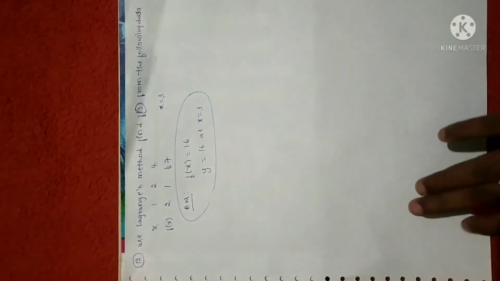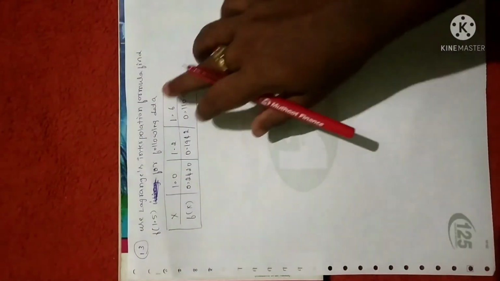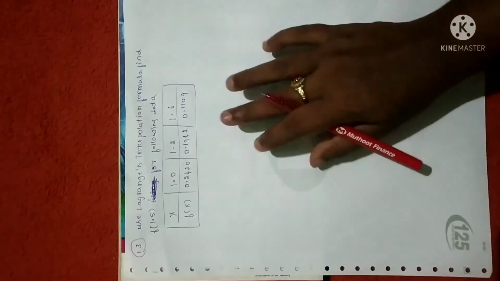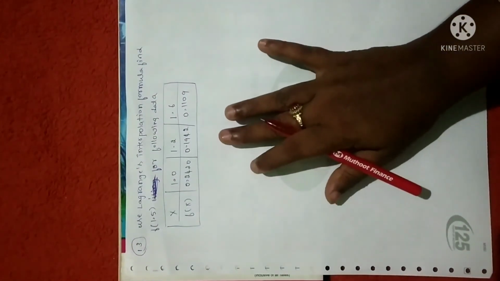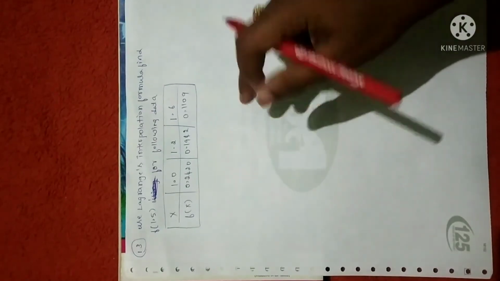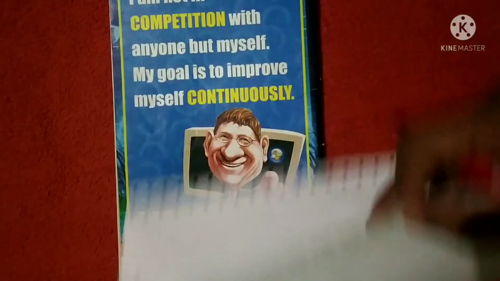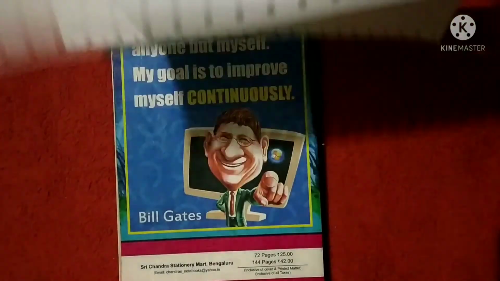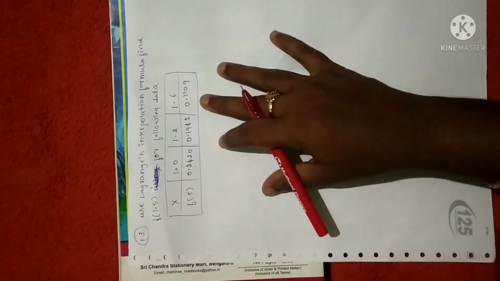12th problem. Now let me solve the 13th problem. So here is the problem. Use Lagrange interpolation formula to find f of 1.5 for the following data. So whatever I am going to do, the procedure for this problem, you have to follow the same for the previous. As almost all the problems I have done in the same method, right? Now let me solve this problem. Hope so you will do this. So this is a homework problem, you have to find. Clear? So 13th one, as usual, follow the same procedure.